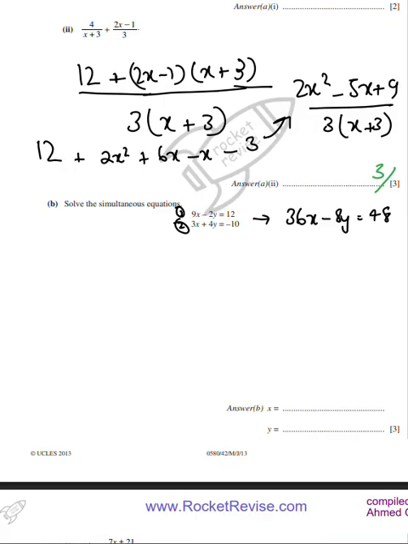Okay, let's multiply this by 2 because we need to have the same values of one of the terms. So let's multiply this by 2. 6x plus 8y equals minus 20. Minus 8y plus 8y cancels out. 30x equals